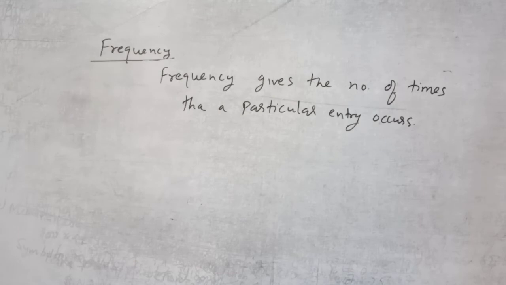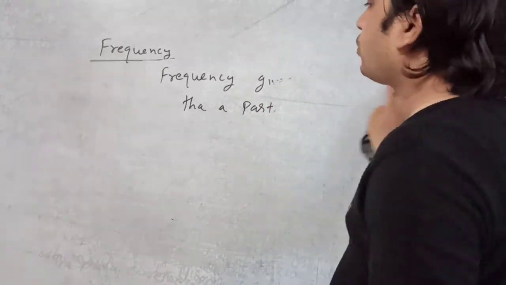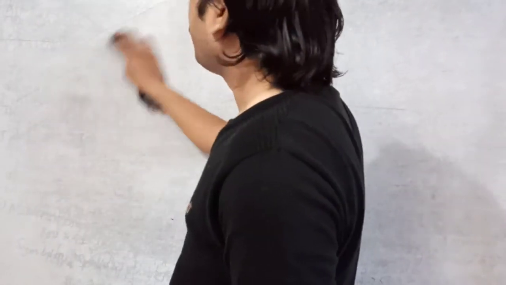Now after frequency, grouping the data. So when the data is coming and we are making it into groups, that is known as grouping the data. We are making the group. Suppose in a class 48 students are there, so we are making 4 groups, or 6 or 5 groups, that is known as grouping. So in that grouping we are having the class interval.